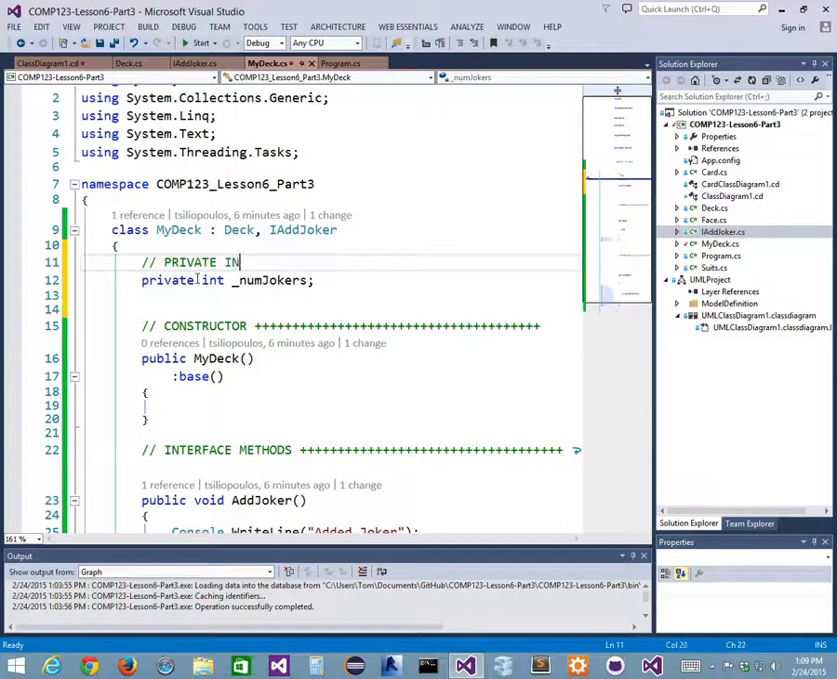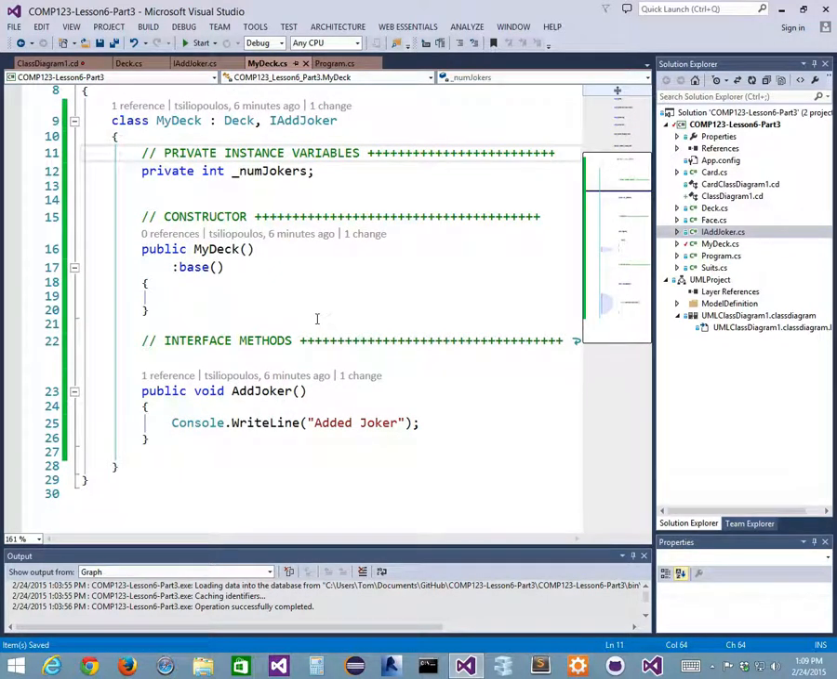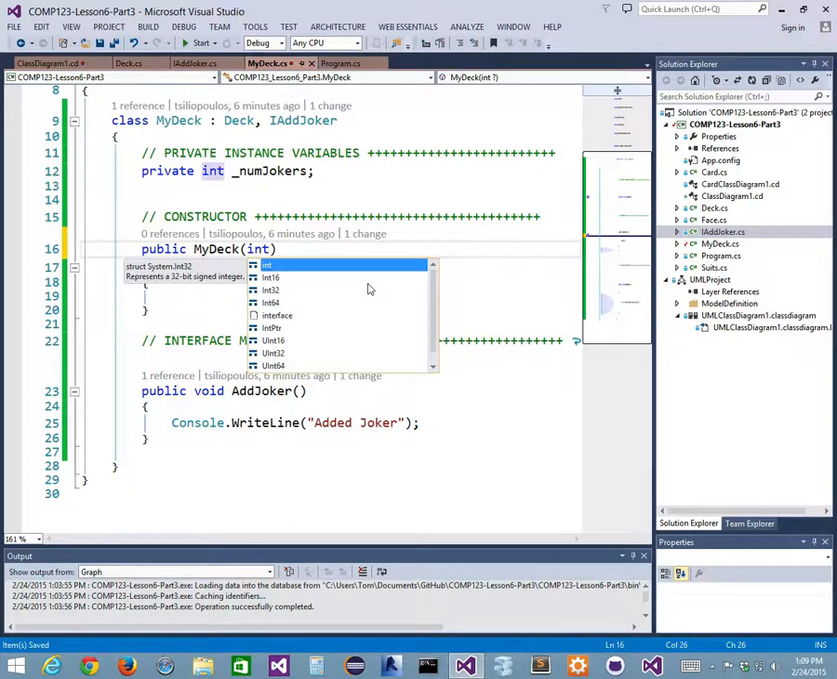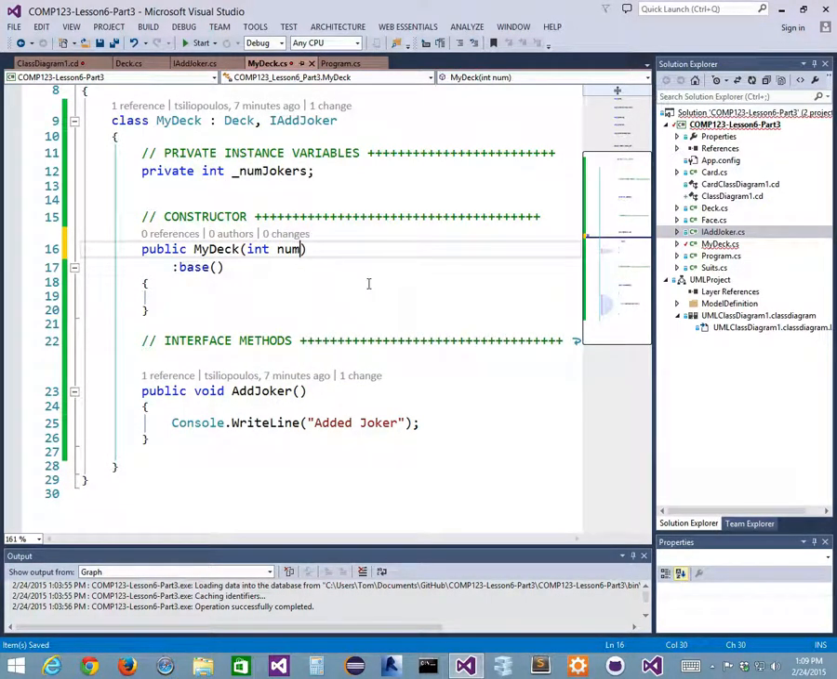private instance variables. Okay, cool. And that's what this does, right? So again, it doesn't do anything right now. This private int number of jokers doesn't do anything. And you know what? What if I want to take in an integer here, in my constructor? Let's change something here, int, right? And I'll say num jokers,